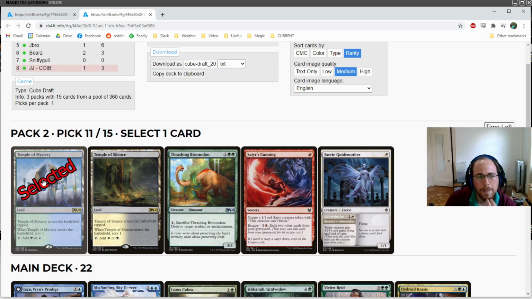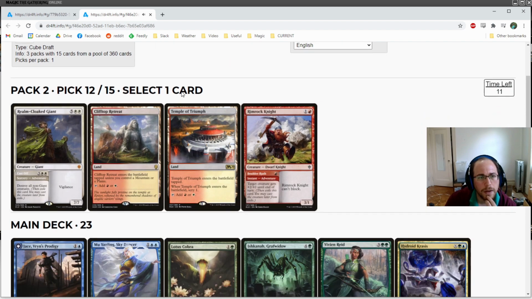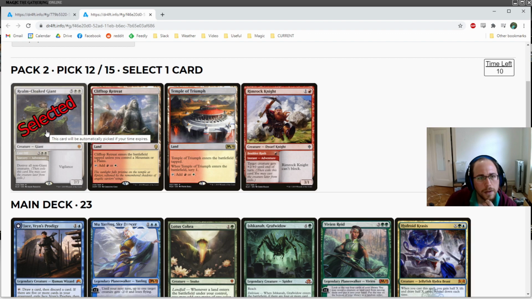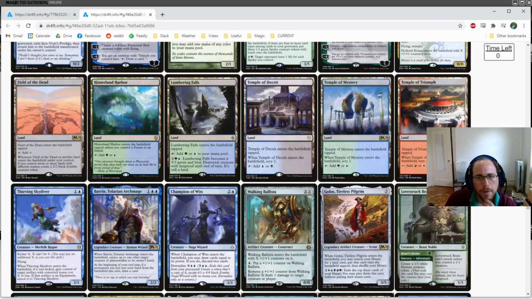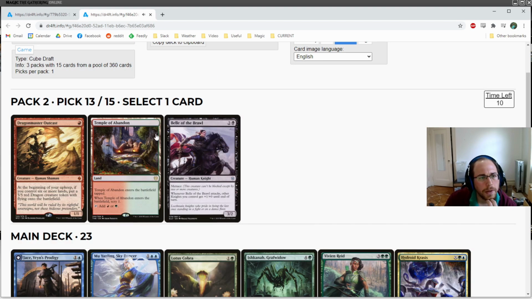I was expecting the Temple to go, because Temple you're going to play off color more often. So we might be fighting for blue-green with somebody. I like Realm-Cloaked Giant, but obviously... Actually, I'm going to take Temple. I'm going to put it in the sideboard, but if we really want to play...